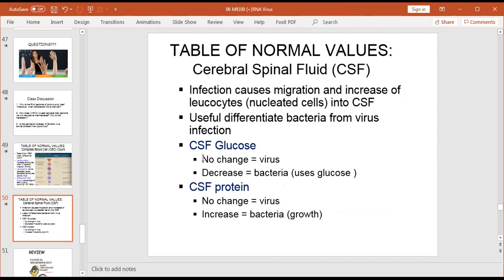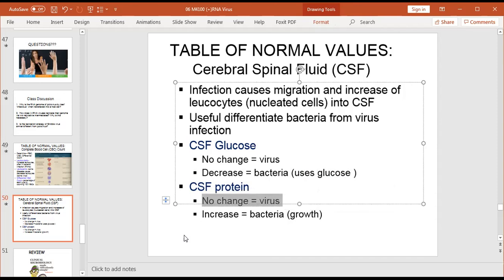Therefore, we can assume that if there is no change in the glucose or protein content of CSF, it suggests viral infection, but it needs to be confirmed by culturing CSF, looking at it under the electron microscopy, as well as looking at the type of white blood cells